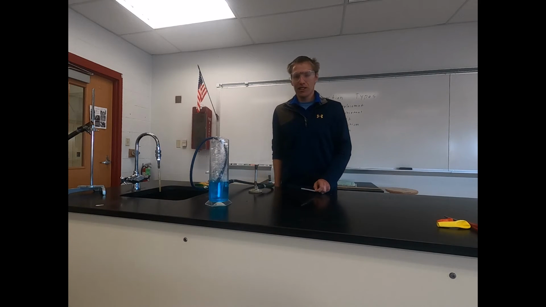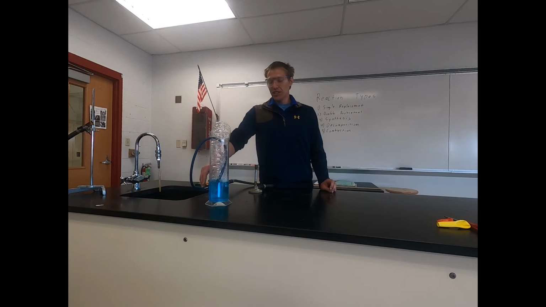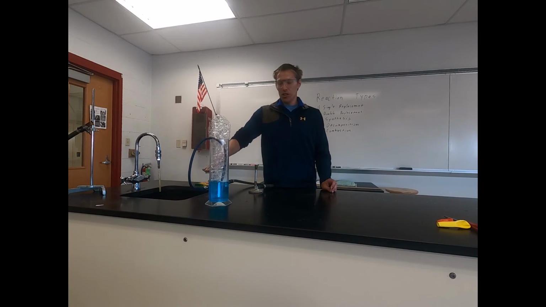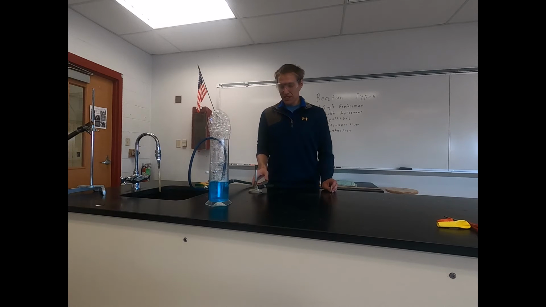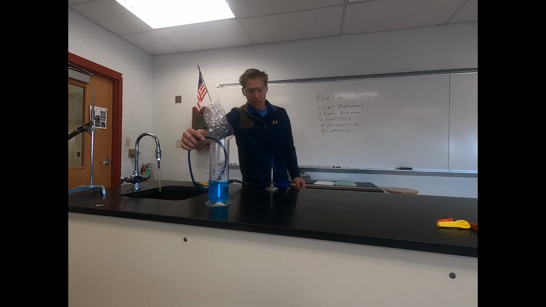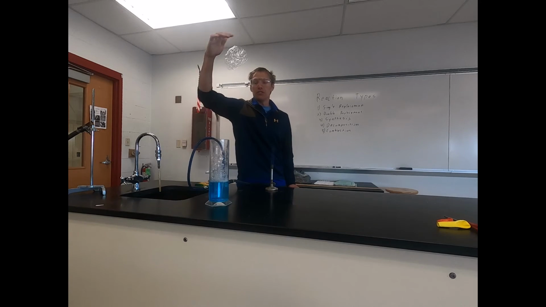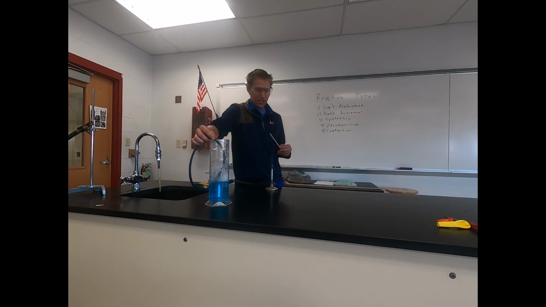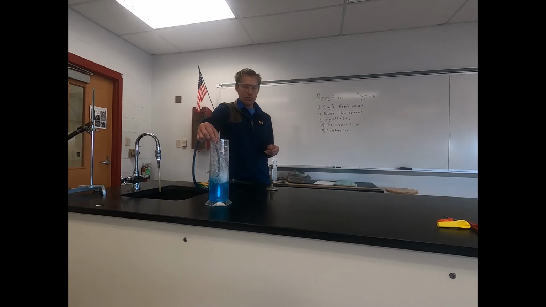Then for our last reaction type, it's a combustion reaction. So right now we're just taking some of the gas out of our gas jet, same gas that supplies our Bunsen burner, and we're putting it into a mix of some water and soap, some soapy water mix. And you can see it's producing bubbles. Then we're going to take a wooden splint,